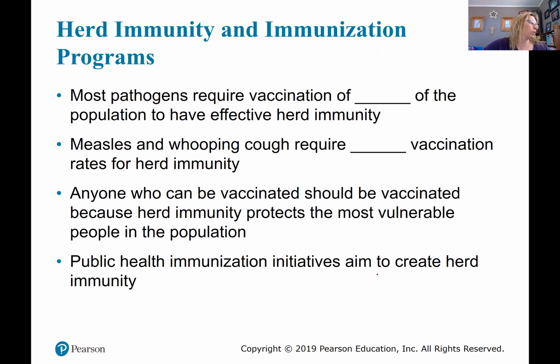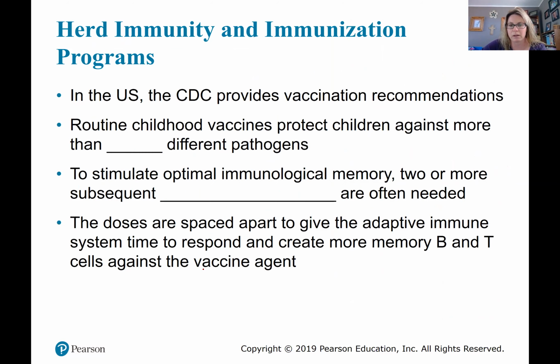Most pathogens require the vaccination of about 85% of the population to have effective herd immunity. However, measles and whooping cough is 95% because they're so very contagious. And so public health initiatives really try to aim to get most people vaccinated to develop that herd